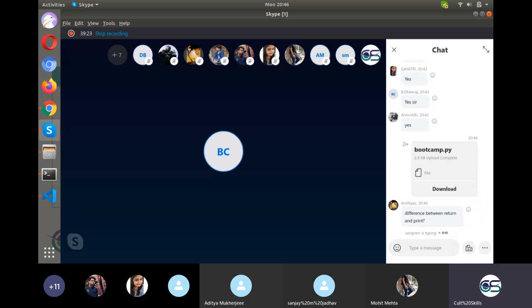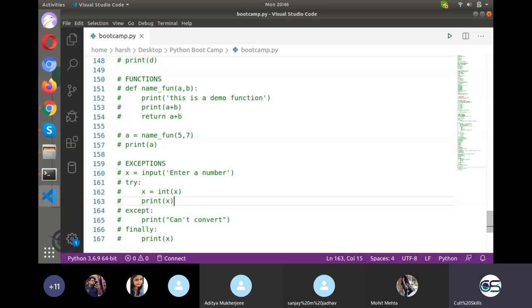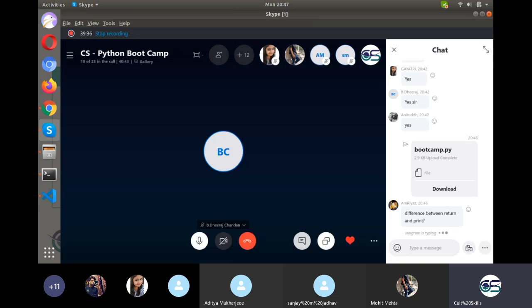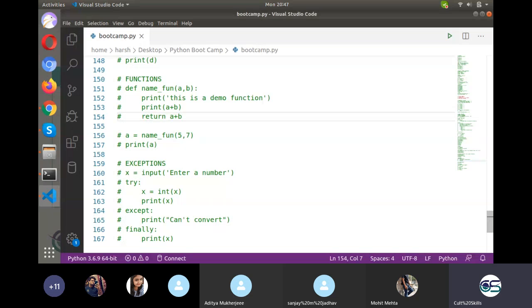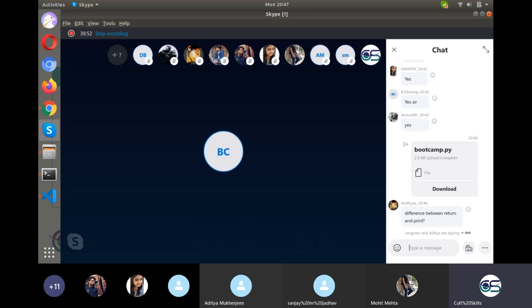Difference between return and print. Okay, so return is used when we need to store something in a variable after the function gets executed. If I don't use this return part, that print statement will print something and vanish. So print is something like a one-time usage, whereas return will keep storing this in A. If I don't even print, still I can store this in A. With print I can just print on the screen. I cannot use that value for computation or any other use case further. I can just print it and that's all.